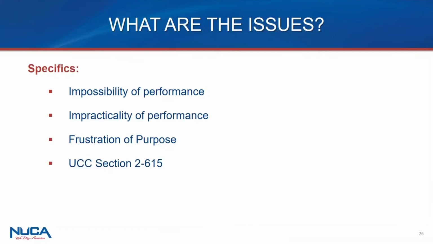So if your contract didn't have a clause in there for escalation, you're going to try to argue impossibility of performance, impracticality of performance, frustration of purpose, or if just a material supplier or vendor, you're going to use the UCC. They all to me kind of collapse. The issue here is proving that there's some supervening event made the performance impossible or impractical, meaning it's financially burdensome on you.